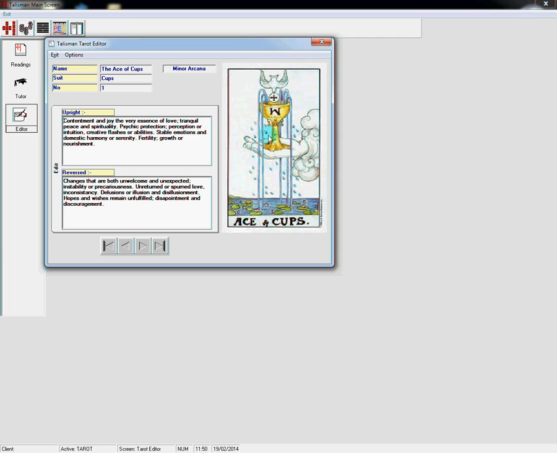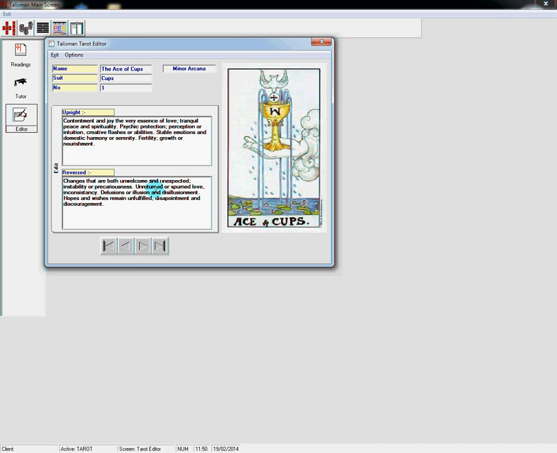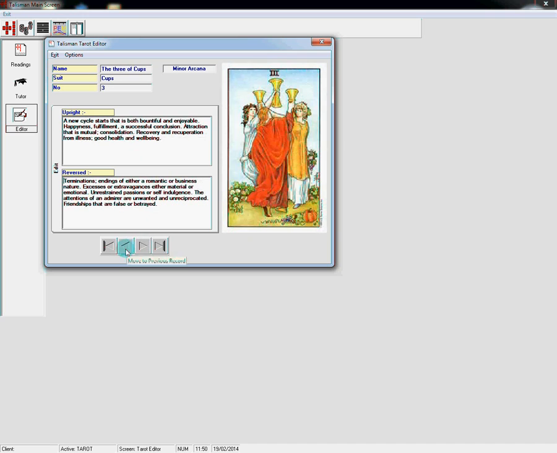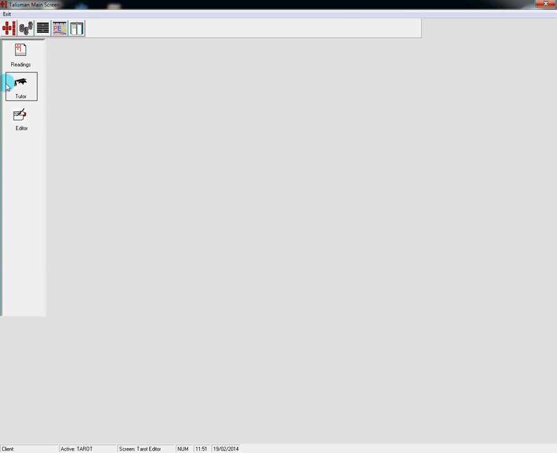As you can see, you can't edit anything else, but there is a particular feature in here. You can press Control S, and then when you move, it will not save, and it will not allow you to edit. So that's just an extra precaution. If you need to go away from the computer for any length of time, just Control S, and that is the editor. And once you've got your meanings done, you've scanned your cards in using this,